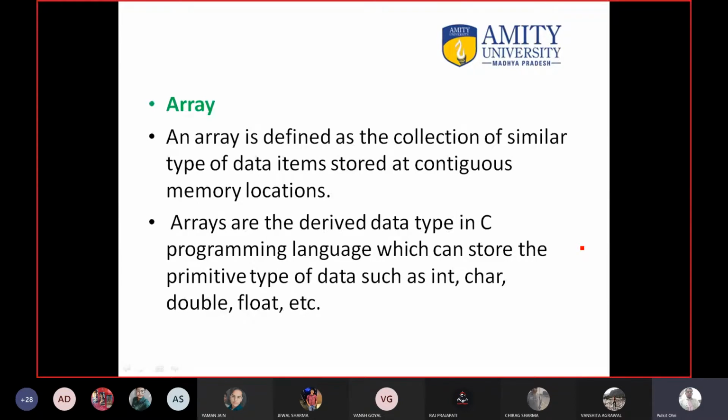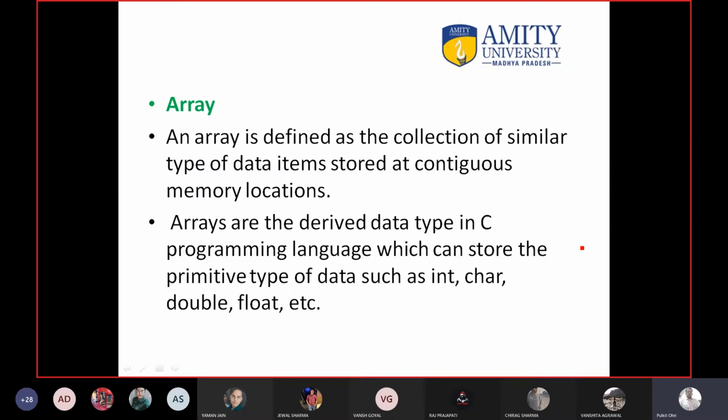No mixing is allowed. For example, if I ask you to create an array of integer, float, double and character, you cannot do it. You can create an array of only similar data type, not of different data type. So if I ask you to create an array of numbers 100, 200 and 100.5, here 100, 200 are of integer data type and 100.5 is of float data type. So here you cannot create the array. You can create the array of only one data type, either integer, float, double or character. No mixing is allowed. So this is also the limitation of array, but this is what an array is. Okay.